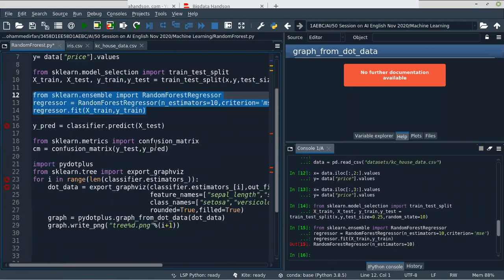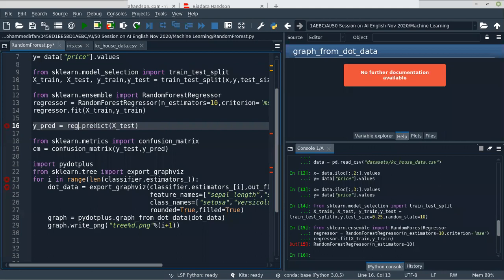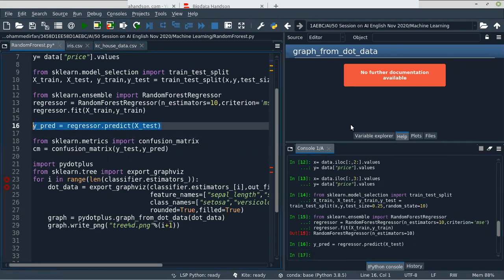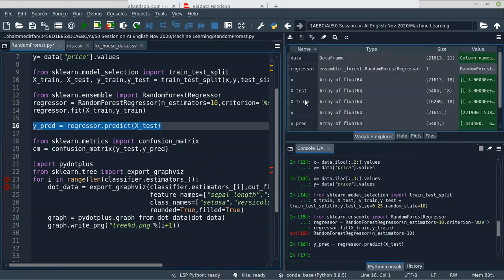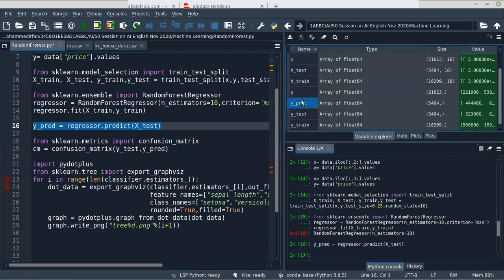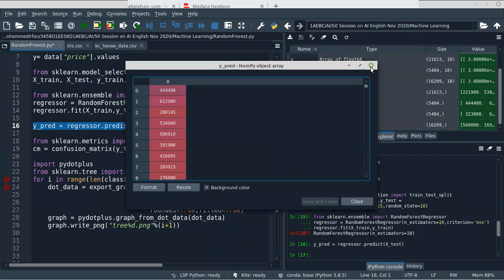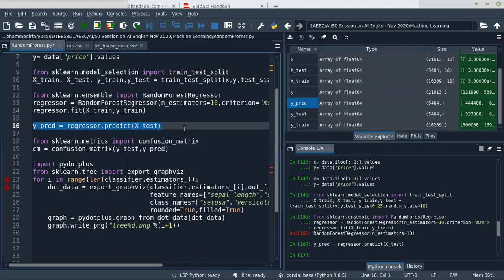Okay, now we created it. So now we got the prediction data. This is now a regression type of result.